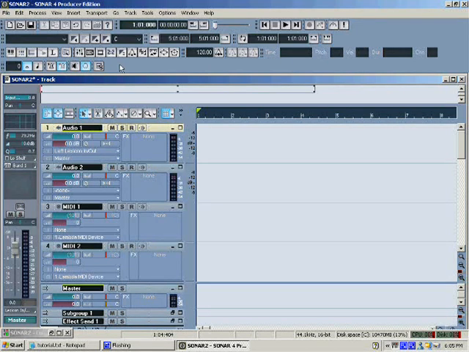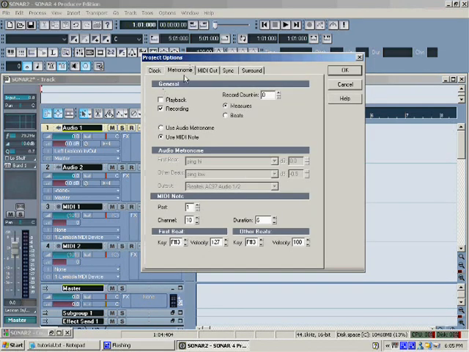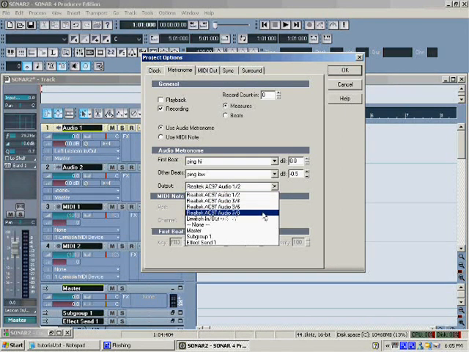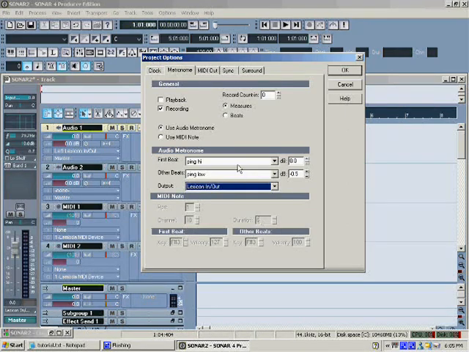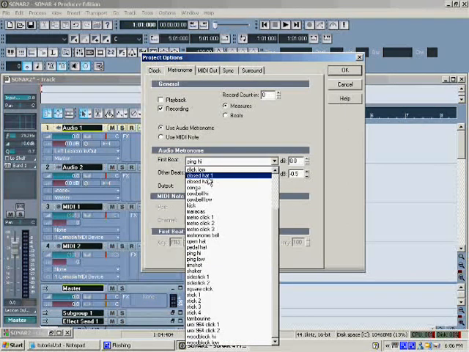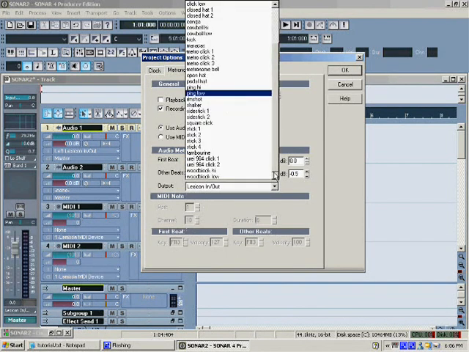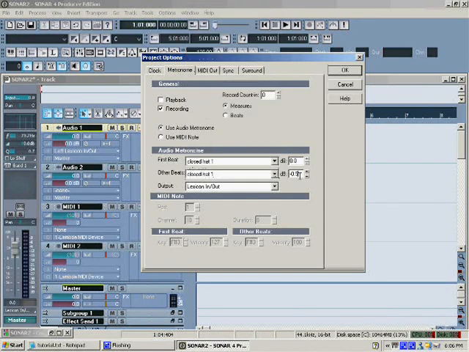In order to hear it, you'll have to go to your metronome settings, which Brian will show you. I use audio metronome, which is there. And you have to switch your output to your sound card. You want to listen through your sound card. You can use hi-hats or wood blocks or whatever. Jared likes that closed hat, so we'll run over here, hat one. Also your metronome's got its first beat right here, which is set to 0, and of course all the other beats, like if it's a quarter note pulse, all the other 3 are going to have